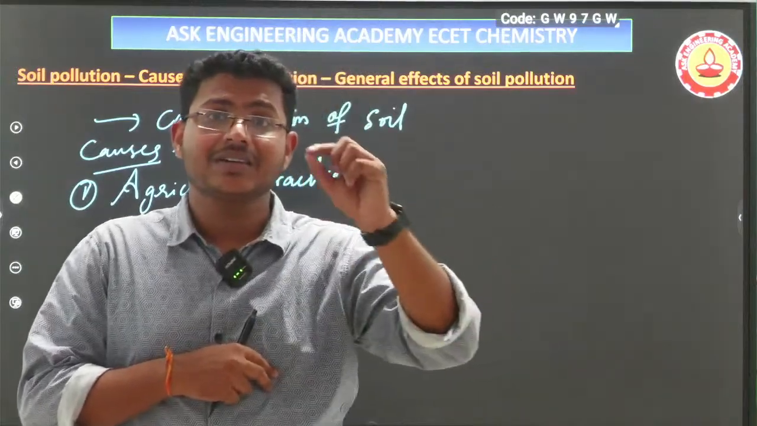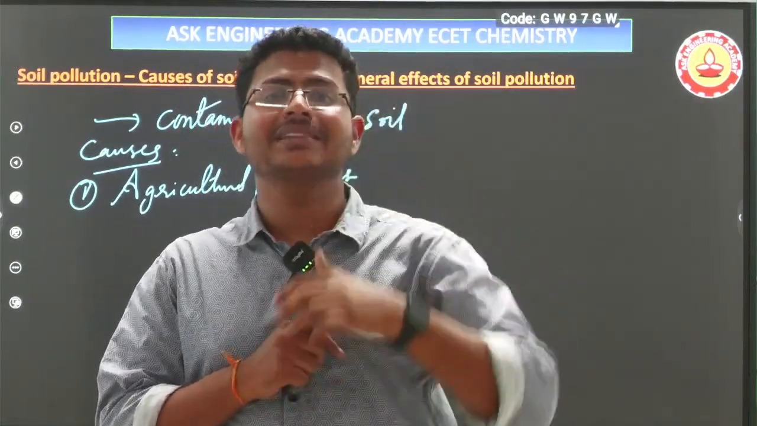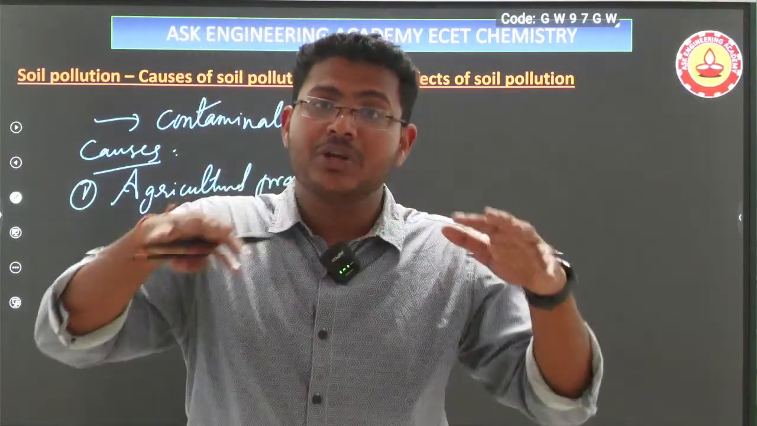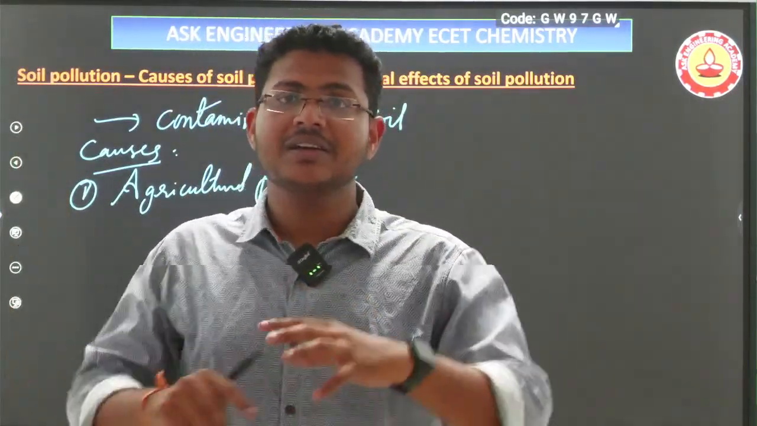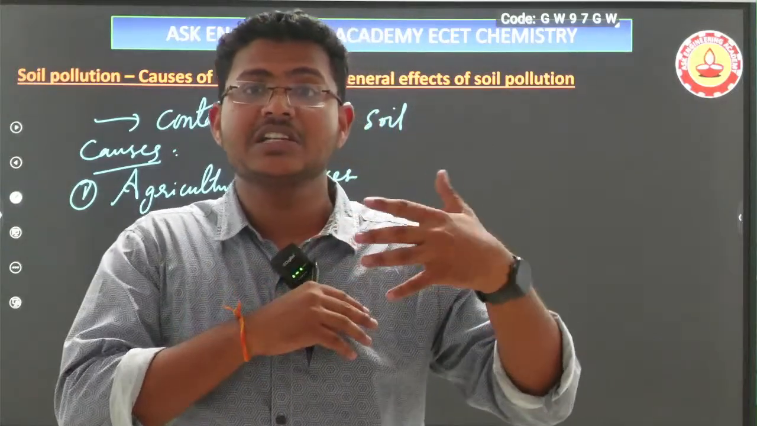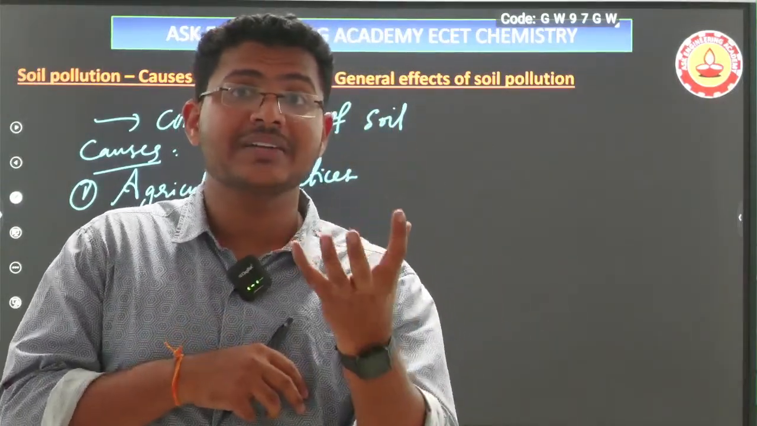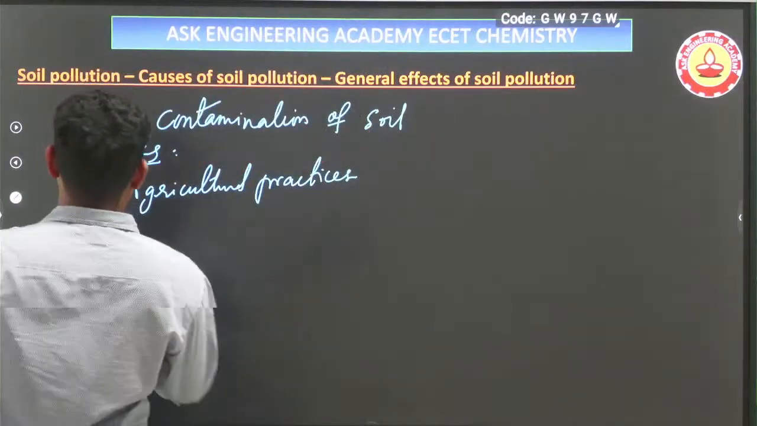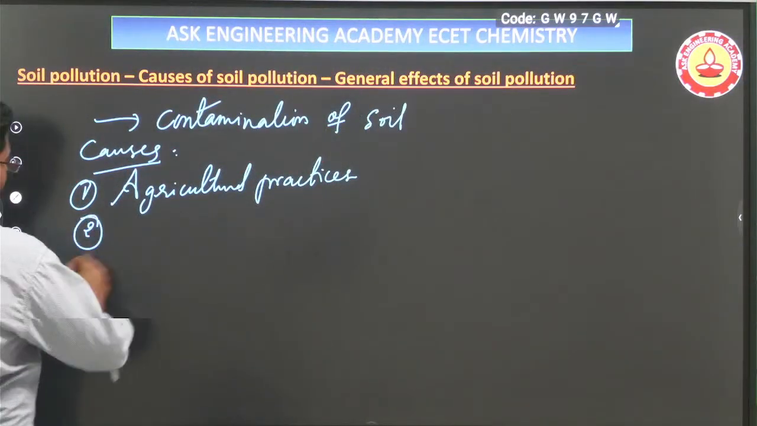also kills certain kinds of useful microorganisms such as rhizobium and earthworms, untai kada, microbial flora ni kuda idi damage chestu untundi, such that the plants will not get essential nutrients from the soil. So the humus content of the soil will get reduced. So this is agricultural practices. And soil gets polluted because of